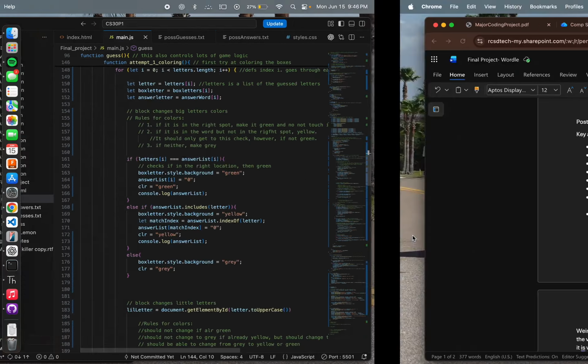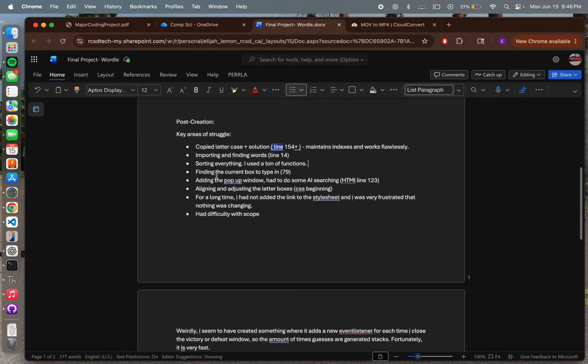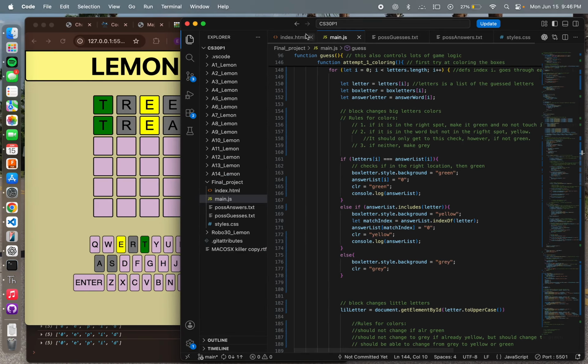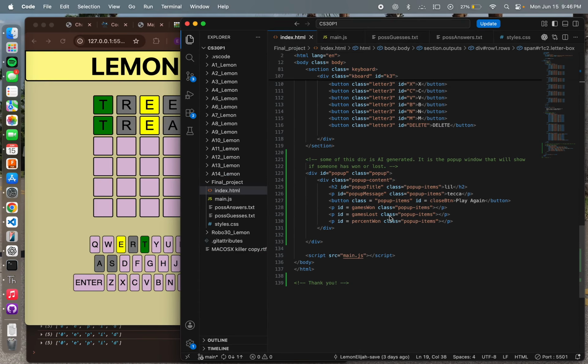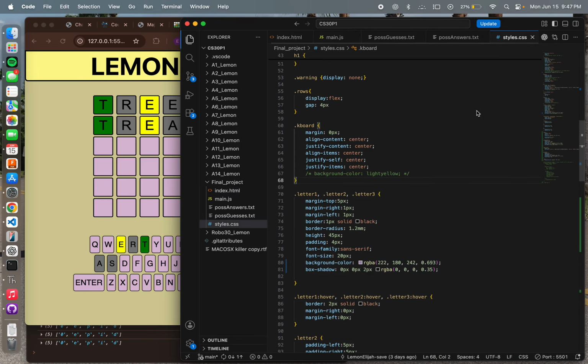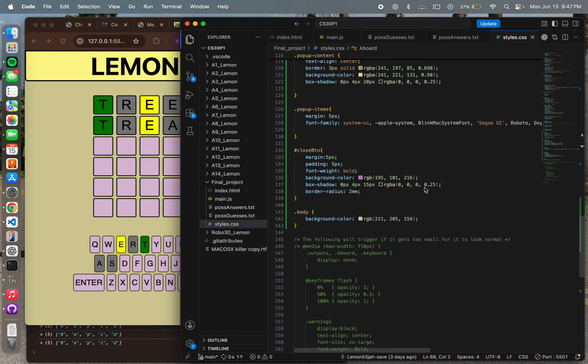What else can I show you here? Find the current box, type in, that was my current box. Add the pop-up window, HTML line 123. This is one other part where I had to use AI because I just didn't know what to do here. I took a quick look at the notes and it wasn't very clear to me. So I used AI for the template and then added my own things. What this does is create a pop-up window,